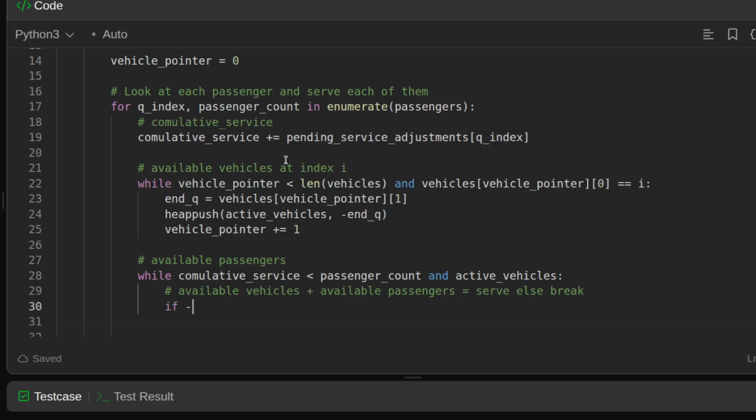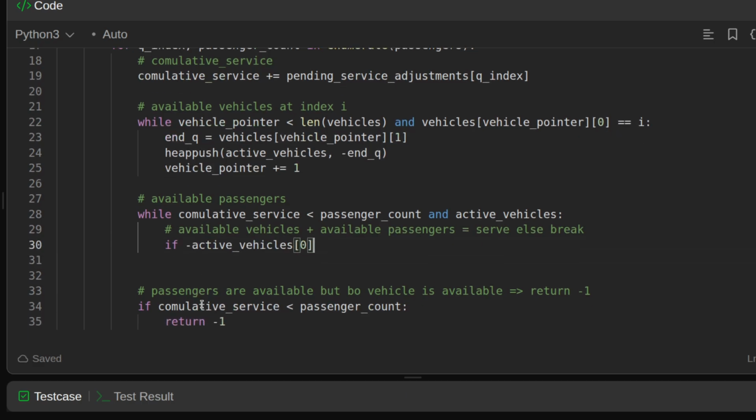Where we are pushing it, right? So we will just add minus here, minus of the heap active vehicle 0, and if it is less than index q index,